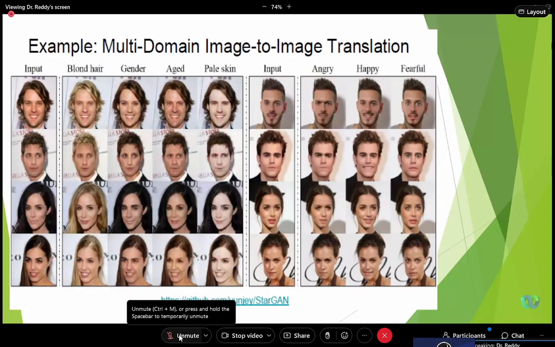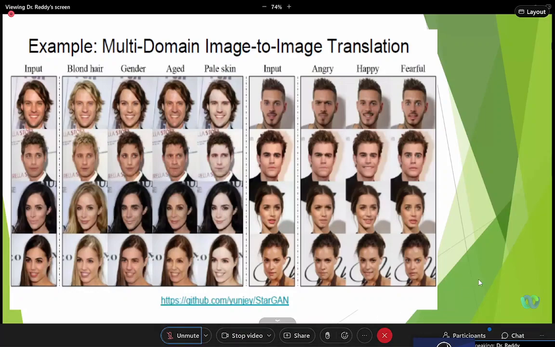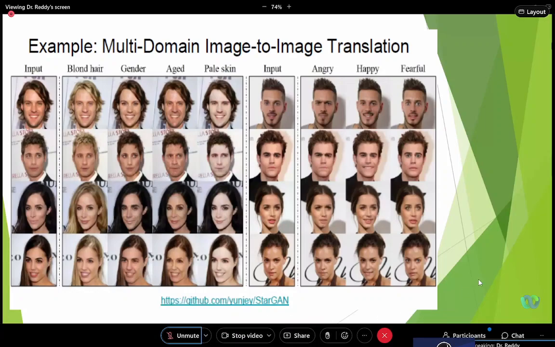Right, sir. Yes, and similarly, plenty of other real-time applications, and VFX movies, computer graphics movies, etc. We have seen the Titanic movie, right? In one shot, Kate Winslet was shown at a very young age, and then the same shot is transformed to the age when she becomes 85 or 90 years old. That is because of this image-to-image translation, multi-domain translation, or photorealistic style transfer.